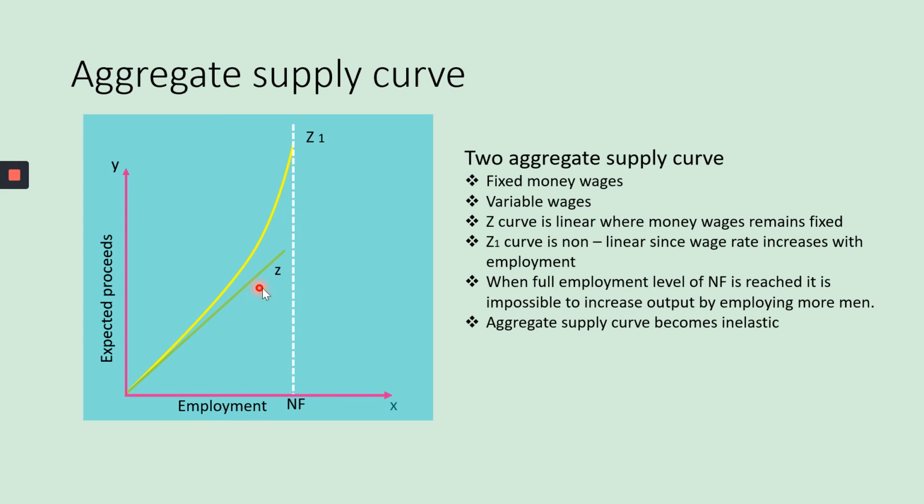Thus, aggregate supply is an important factor in determining the level of economic activity. Whether to produce more or produce less depends on the aggregate supply curve. Did you understand, girls? This is a very important question, the aggregate supply curve. For that, you have to draw this diagram and then give the explanation. You can find this on page number 45.